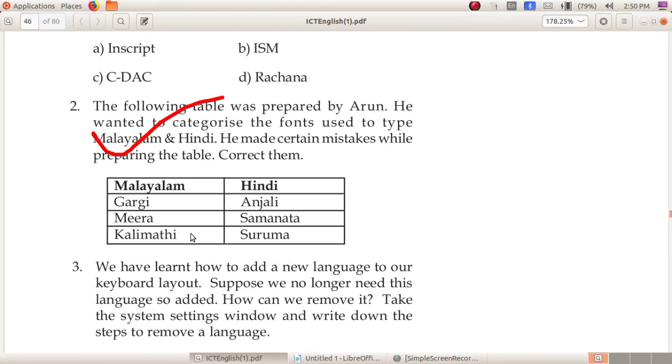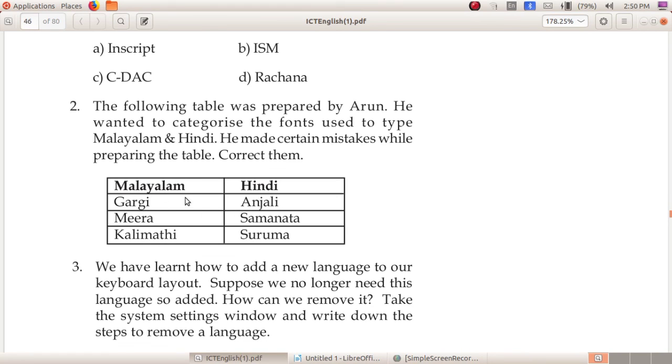Then the second question. The following table was prepared by Arun. He wanted to categorize the fonts used to type Malayalam and Hindi, but he made certain mistakes while preparing the table. Correct them. Here this is Malayalam and this is Hindi.